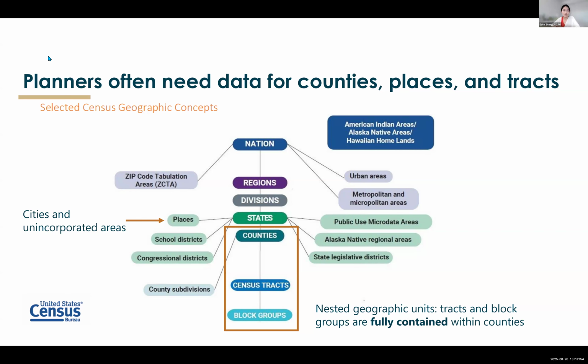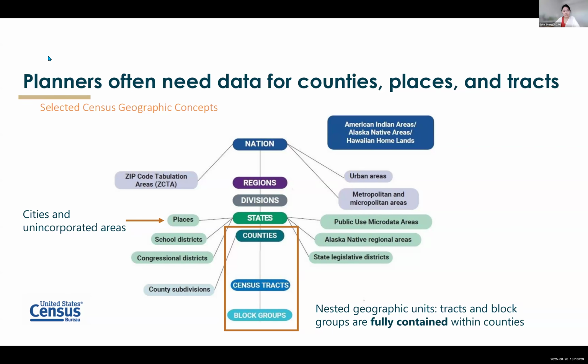And from the perspective of data extraction, that means it's fairly straightforward to identify all the census tracts within a chosen county or get all the block groups within the chosen county. That's not really the case when we want to get all the census tracts for a particular city. In census geography terms, cities and unincorporated areas are called places. You can see where my arrow points on this graphic.